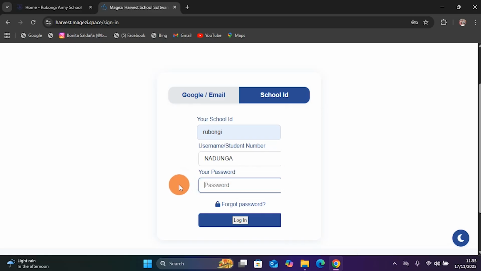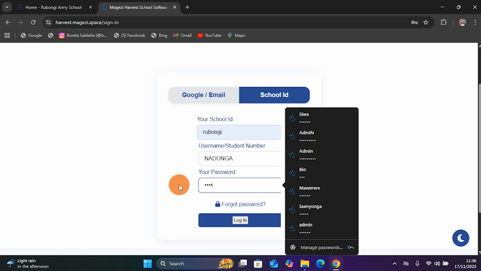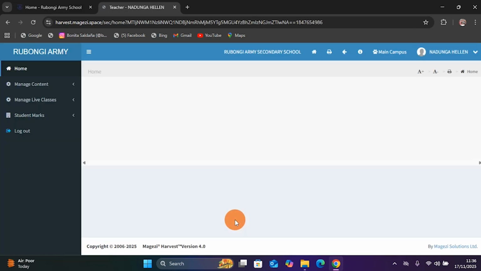Then I'm going to use the password of that teacher for the purpose. Then I click login. When I click login, I have now logged into the system, and the account name is there.